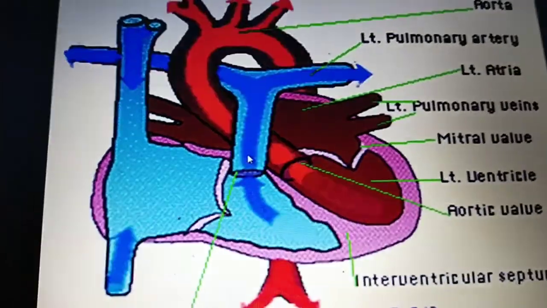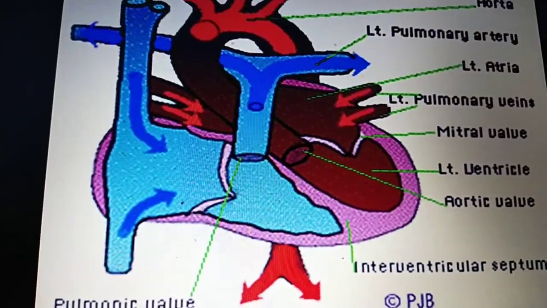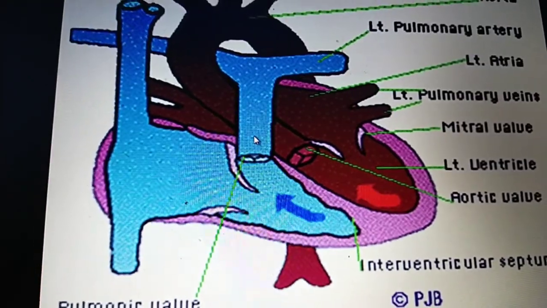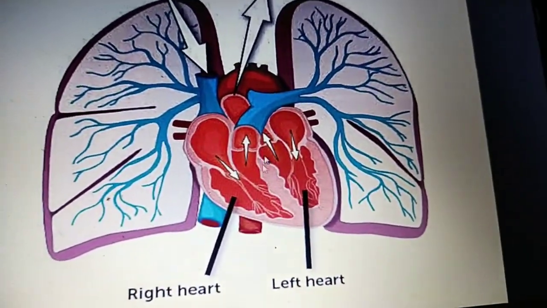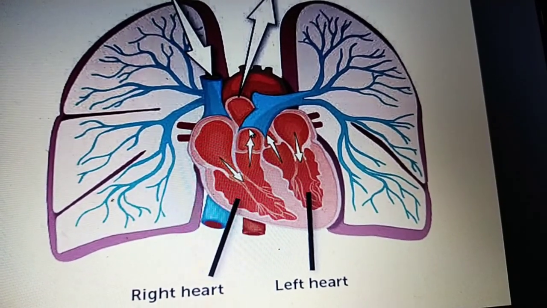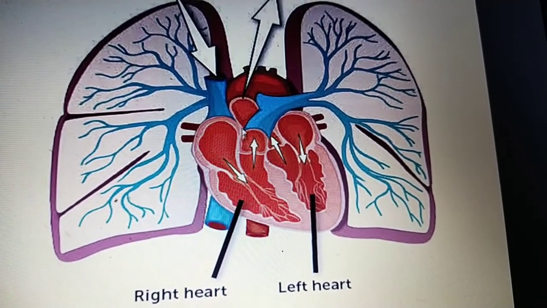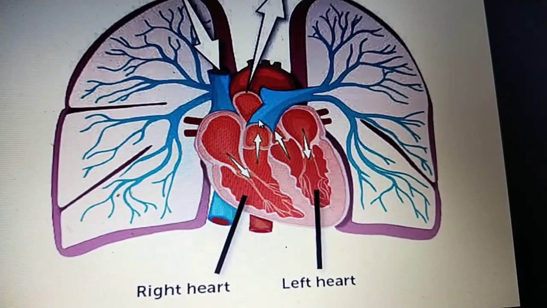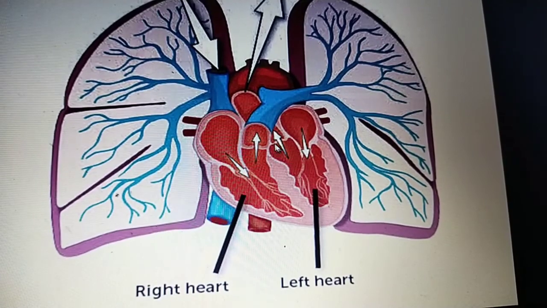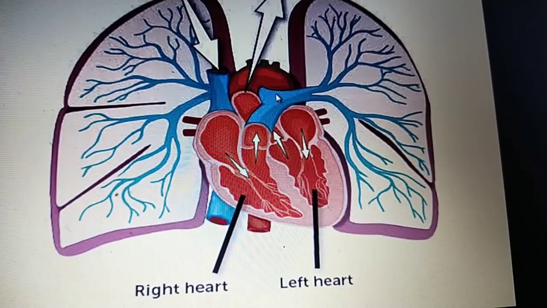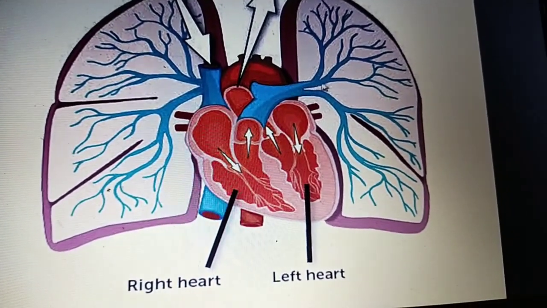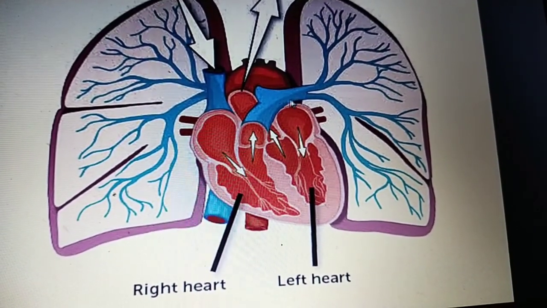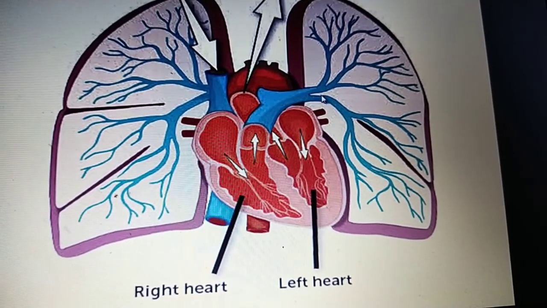This is about the pulmonary trunk, and it is 5 centimeters in length and 3 centimeters in width. Here you can see it lies medial to the right atrium and anterior to the right atrium, overlaps the ascending aorta and the root of the aorta, and goes posteriorly, dividing into right and left pulmonary arteries. Each pulmonary artery divides into two branches in the root of the lung, or hilum